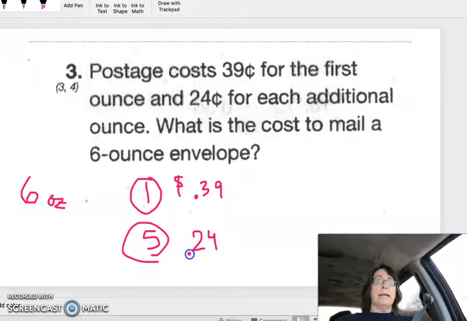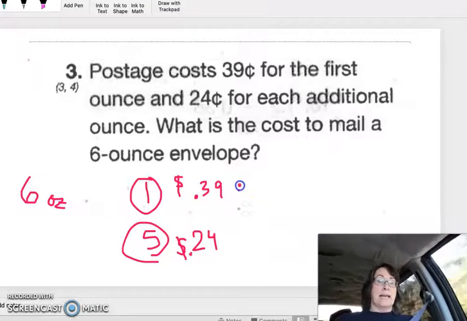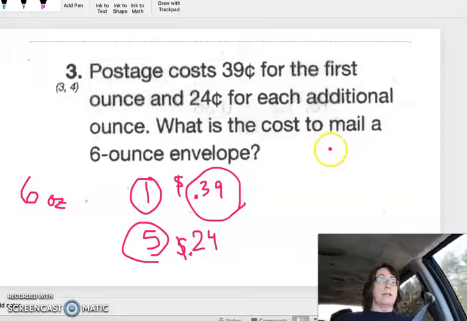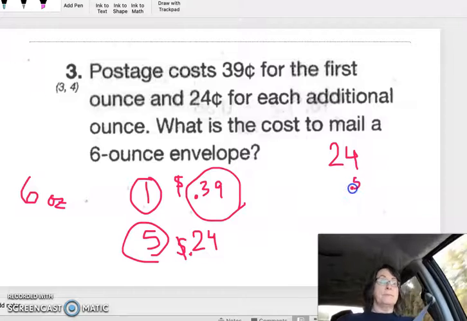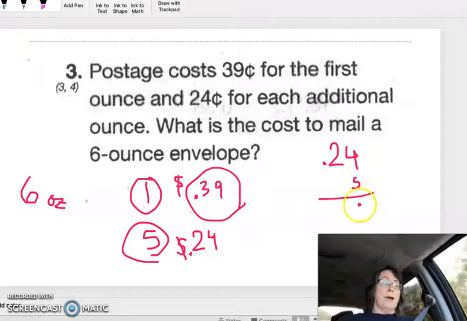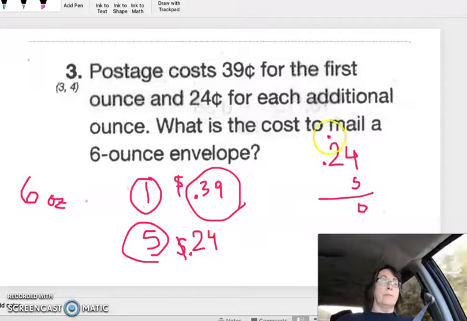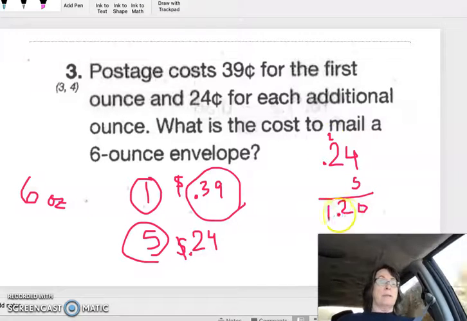So aren't we really just taking 24 cents times 5 and then adding 39 to it to take care of this one? So let's do that. 24 times 5. Okay, this is cents. Okay, we're making it money. So 4 times 5 is 20. Carry the 2. 2 times 5 is 10, 11, 12. With 2 decimal places,